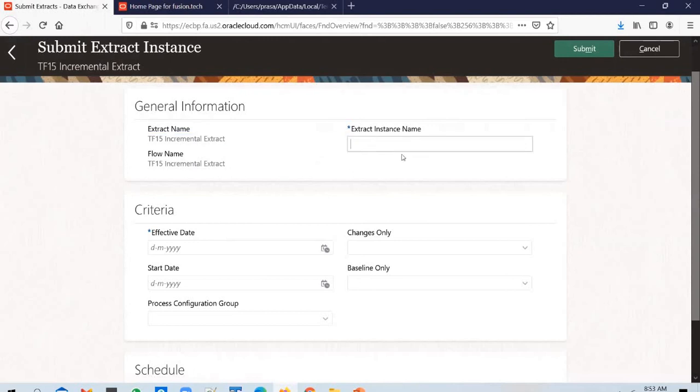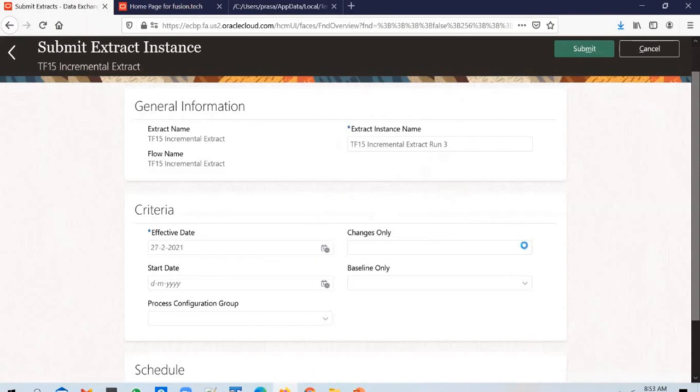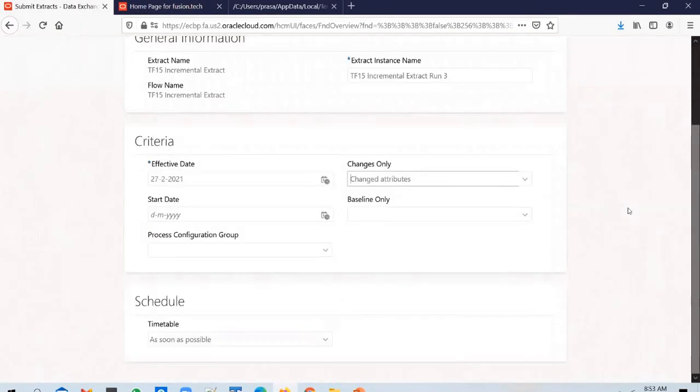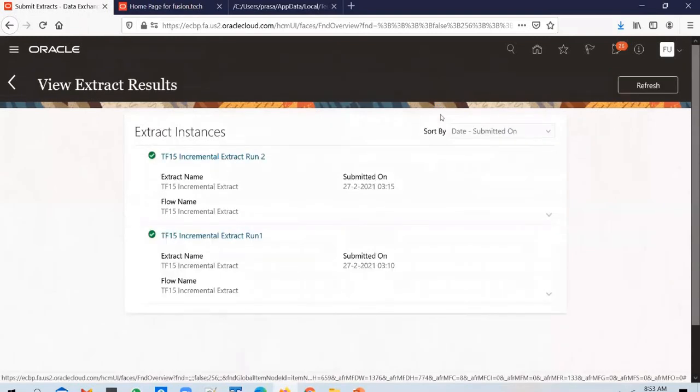Give it a name. Call it run 3. Select effective date and select the changes only as changed attributes. And you can click on submit. And this time the output should have only the 3185 employee whom we have updated after the previous successful extract was generated.